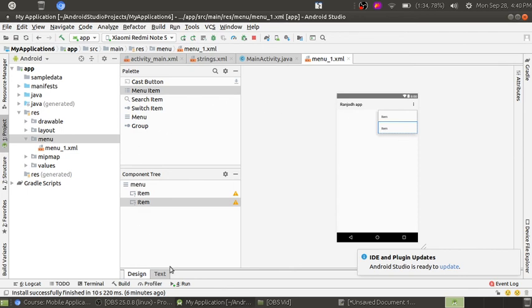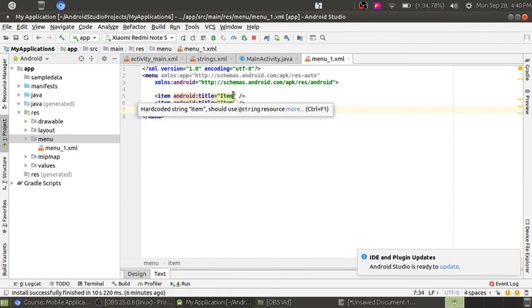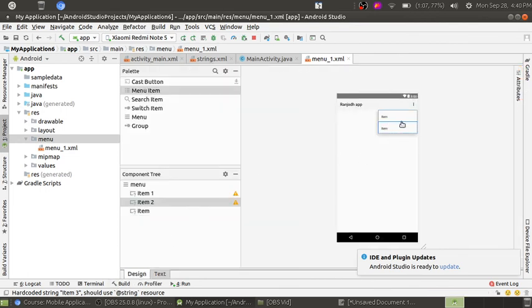Now I will show you how you can use it by the code. These 2 items are added. When you click this item, copy it and paste here. I have pasted here. The 3 items are added. I want to change the title. This is item 1, this is item 2 and 3. If I want to change its name on the layout part, the third I have not changed, only 2 changed. See here, it affects there that item 1 and 2 are changed.